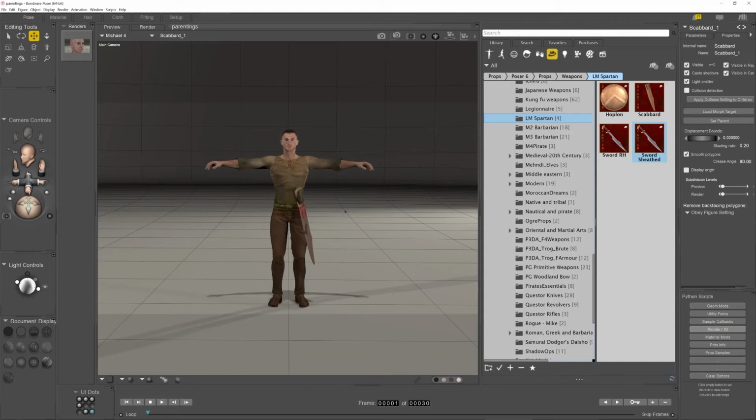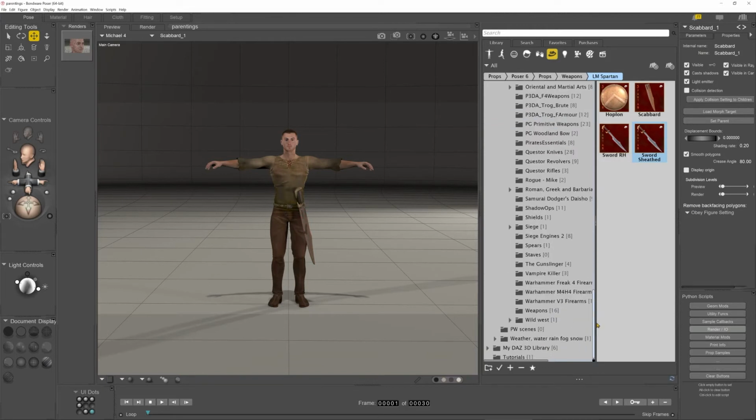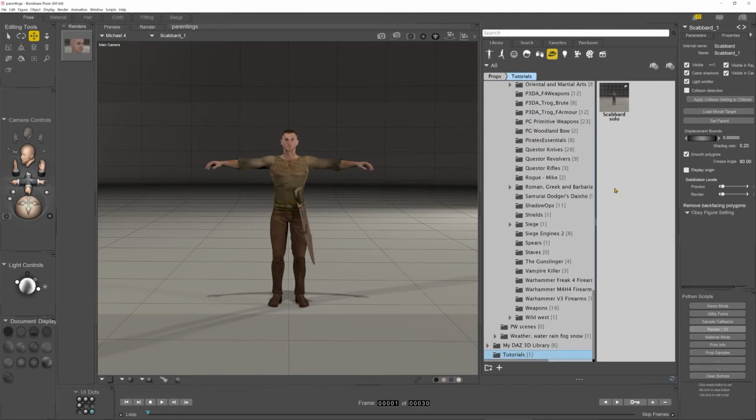The sword is parented to the scabbard, so the sword obviously is going to have a line in there, smart parent scabbard, and the scabbard now has a line in there, parent to hip. So now if I save this scabbard, you might think that the logical thing would be that it saves